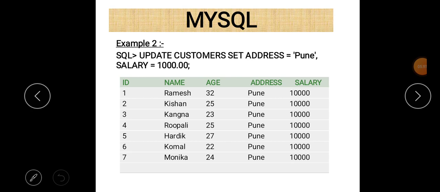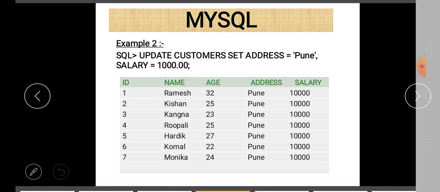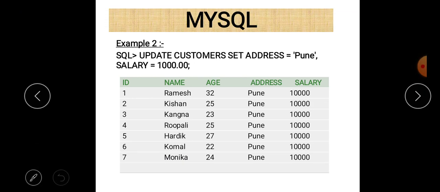So now I think the concept of update table command is clear to all of you. To update the existing data, there is a command named update, and using update table command, we can update the records. If you don't give the condition with update command, then all values related to a particular column will be updated. And if you give the where clause with update table command, then only certain records that meet the condition will be updated.